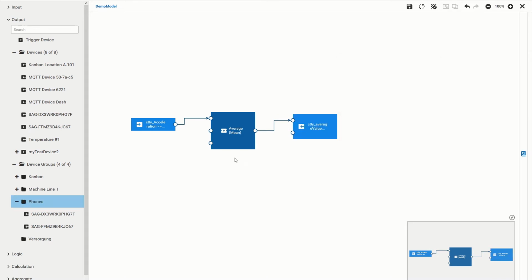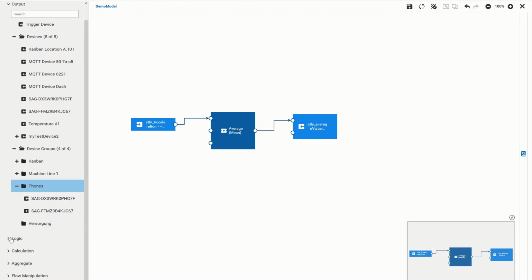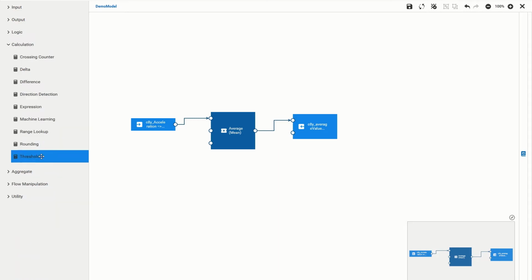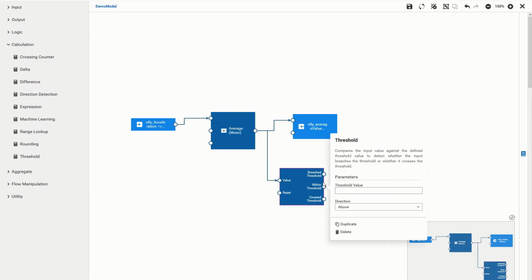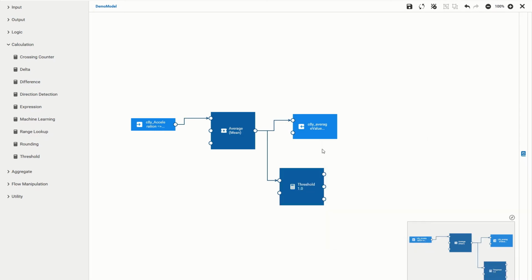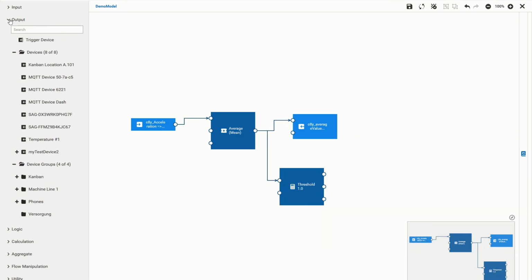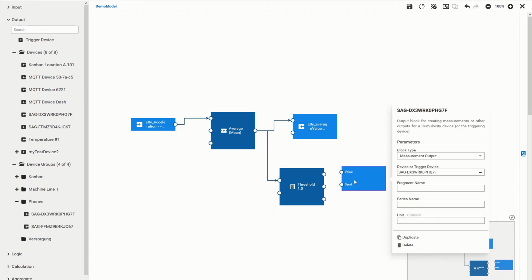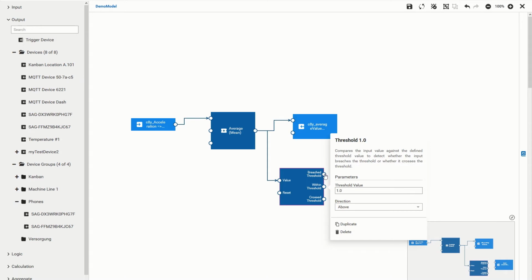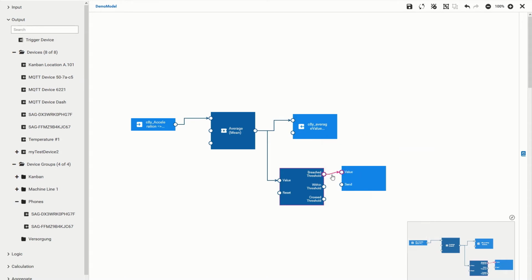Furthermore, we can also define a threshold and create an alarm inside of our model. Just put the block in, define the threshold value, and the value is higher than 1, and also add an output block, choose our smartphone device, and if the breached threshold